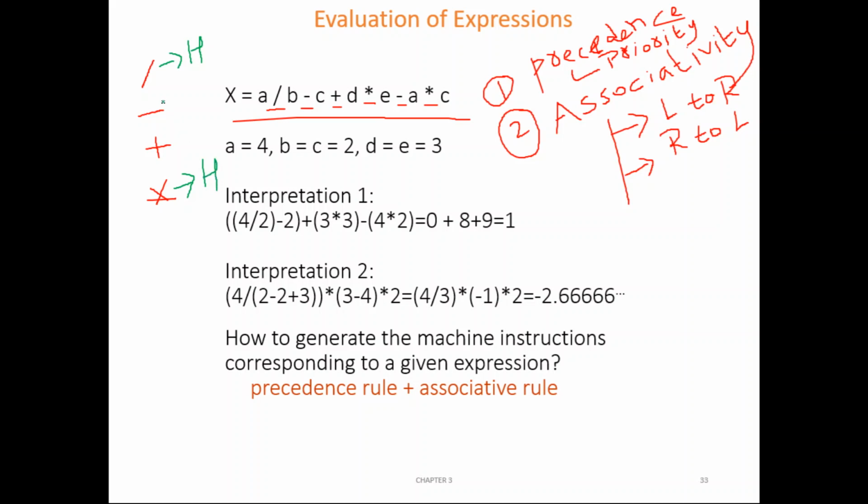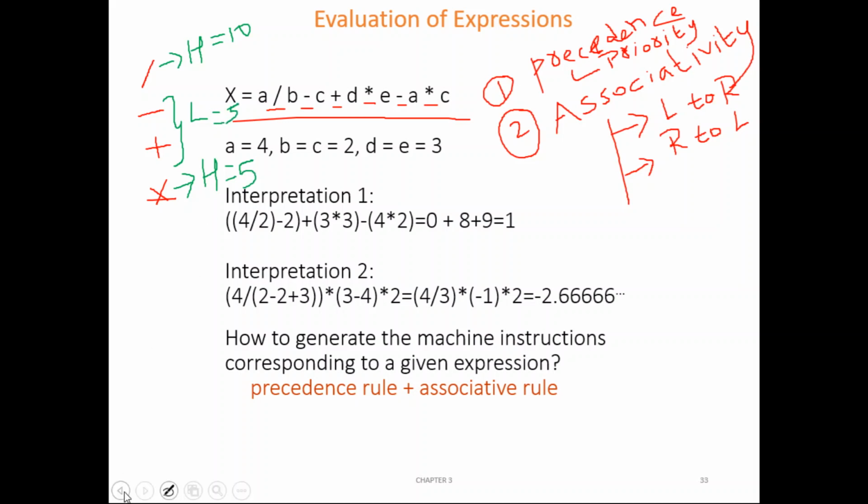Similarly, minus and plus have the lower priority, and their priority level is also the same. Say, for example, the priority level of slash is 10, then the priority level of star is also 10. Both are the same. If the priority level of minus is 5, then the priority level of plus is also 5.